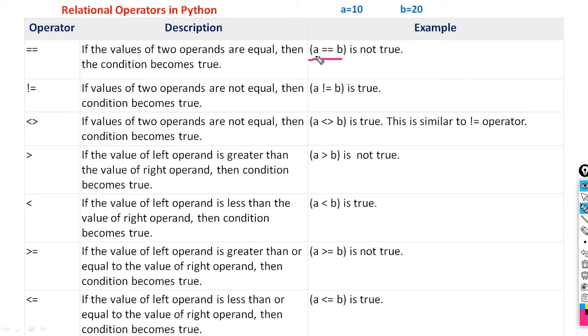Look here, every relational operator gives you two values, either true or false. Only one value will be output. Here a is equal to 10, b is equal to 20. Is it true that a is equal to b? No, it is not true, it is false. So it remains false if these two values are provided by the user.